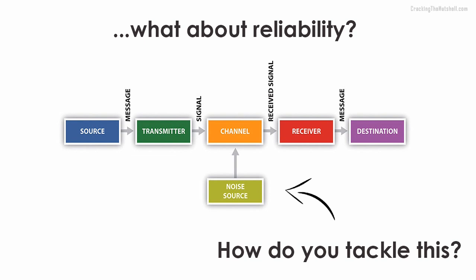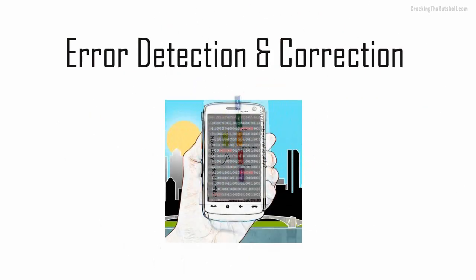How does one transmit information reliably in the presence of noise? That is, in the presence of physical disturbances which can introduce random errors in the encoding of a particular message. What are the theoretical limits to detecting and correcting these errors? This leads us to the very important topic of error detection and correction.